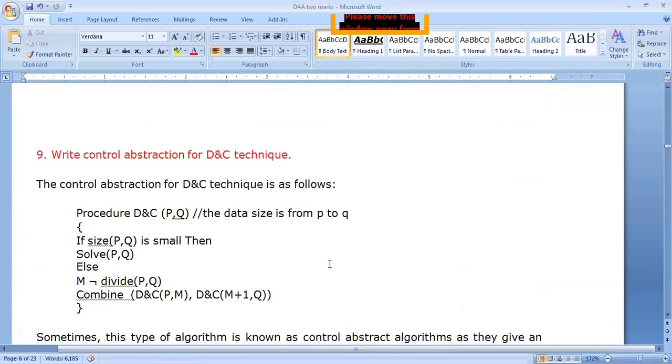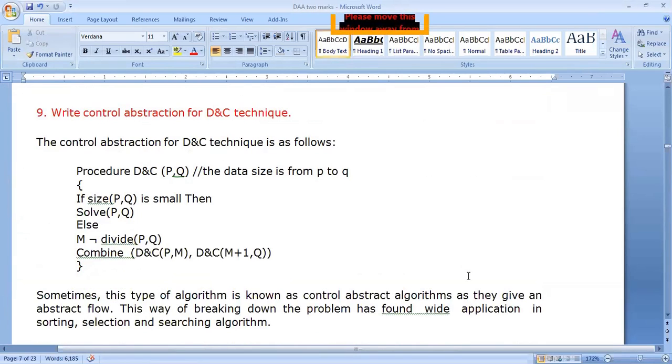Write control abstraction for divide and conquer technique.